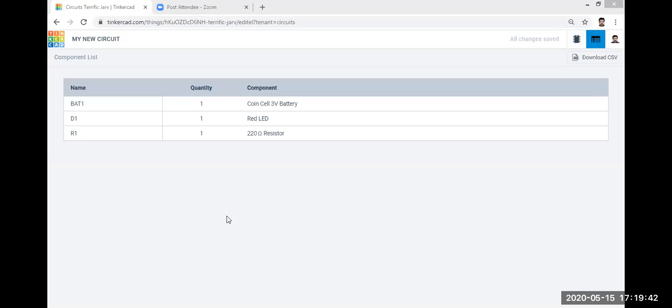You can see the Excel file of the component list on the screen.